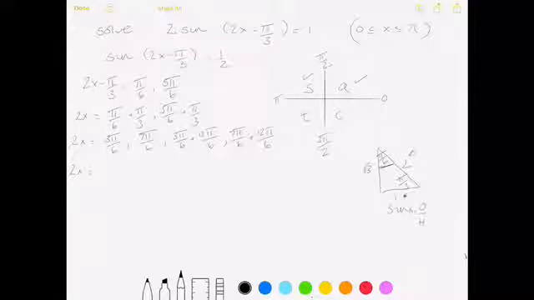So that gives me 2x is equal to pi over 2, i.e. 3 pi over 6, 7 pi over 6, 15 pi over 6, and 19 pi over 6. Finally, all I need to do is divide every answer by 2, so that gives me pi over 4, 7 pi over 12, 15 pi over 12, and 19 pi over 12. The last 2 solutions exceed pi, so they should be discarded. So my solution is